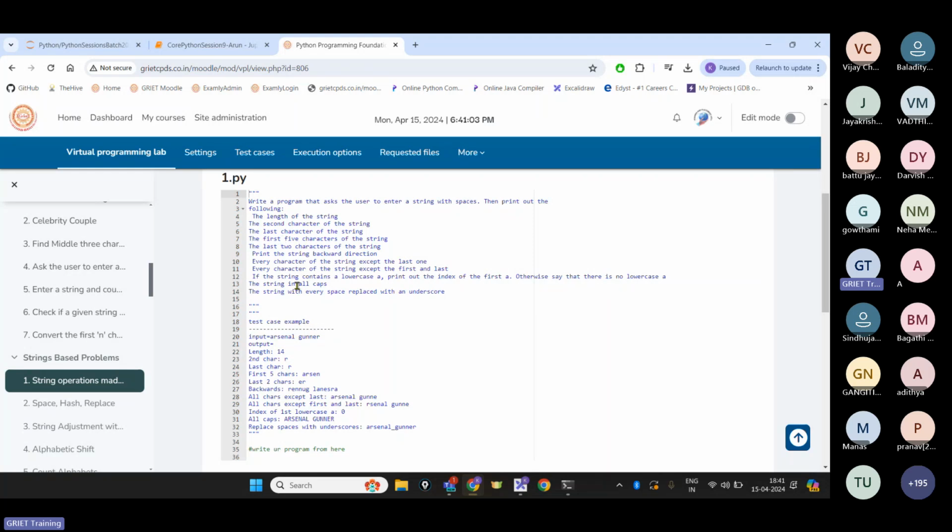It's a very big question actually, but every type of operation we're trying to do in a single question, right? Write a program that asks the user to enter a string with spaces, then print out the following. The length of the overall string, the second character of the string, the last character of the string, the first 5 characters of the string, the last 2 characters of the string,